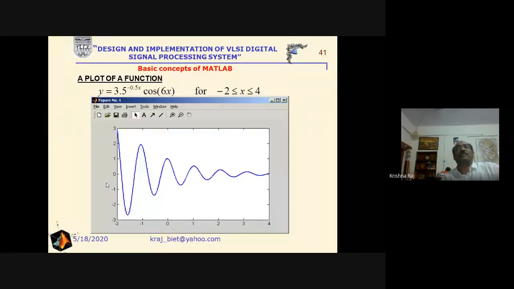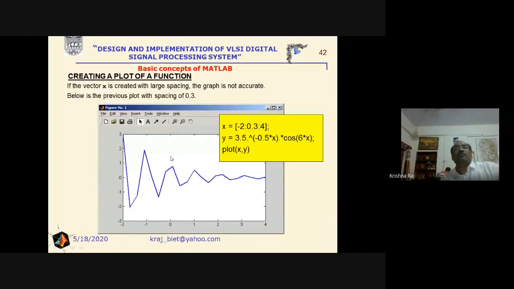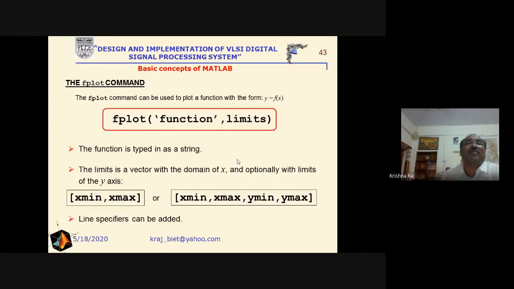Now see this one here. If we reduce the gap between two consecutive values, suppose the gap is now 0.01 instead of 0.3, with the same function, nothing different, but the gap reduced, we will get this type of curve. So if the gap is smaller and smaller, we will receive better and better performance, or a better and better function, that is a smoother function.